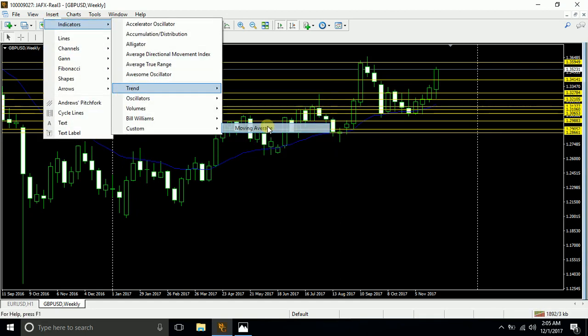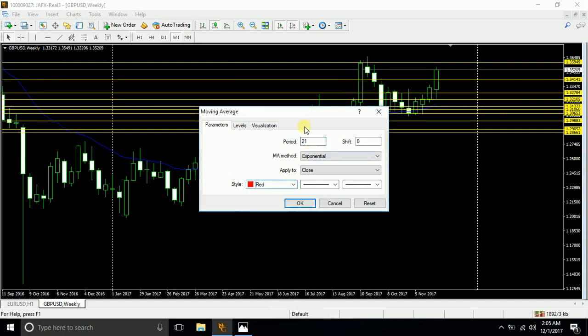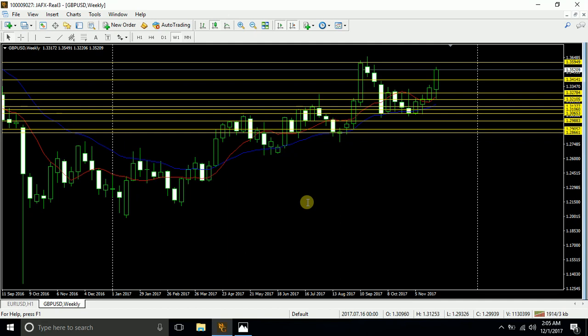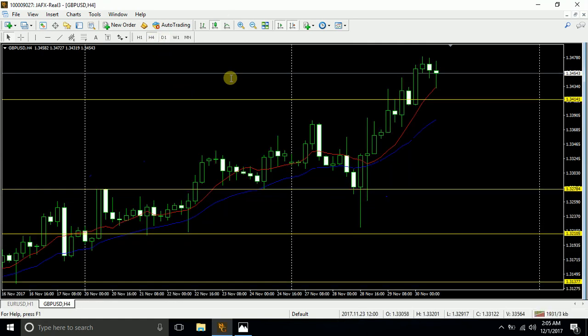Insert indicators, trend, moving average, red, 8, simple. Got it? Good. Now, look at the daily, 4 hour,